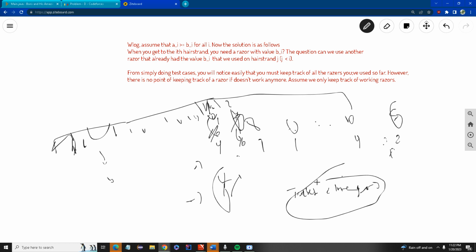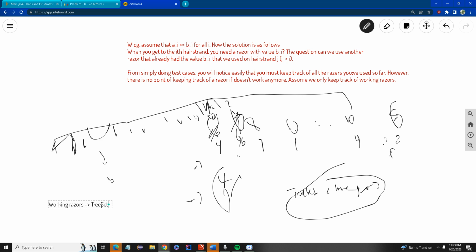Wait, do you need a tree set? Yeah, you keep track of all the working razors that you've used so far, and then when you get there, to check if we can use a razor again for that I value,